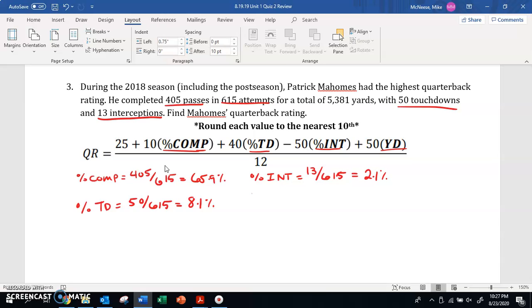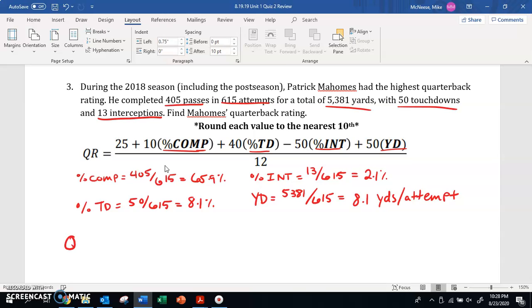And then the last one is yards, which equals total yards, 5,381, divided by our number of attempts, 615, and you should get 8.1 yards per attempt. Okay, and so now we can start plugging these in, all four of these values, into our equation